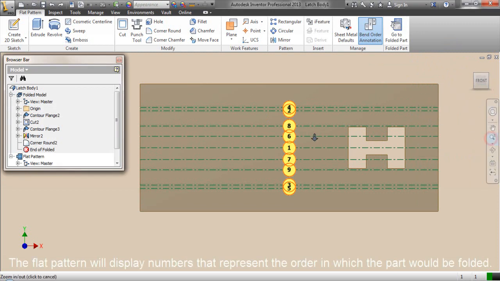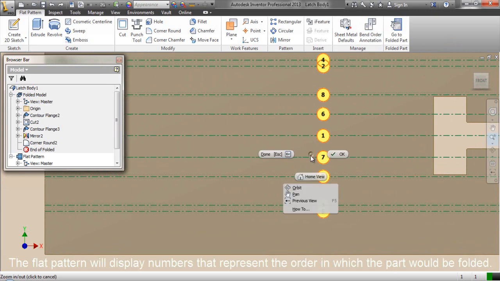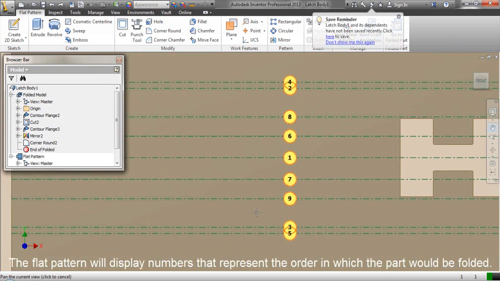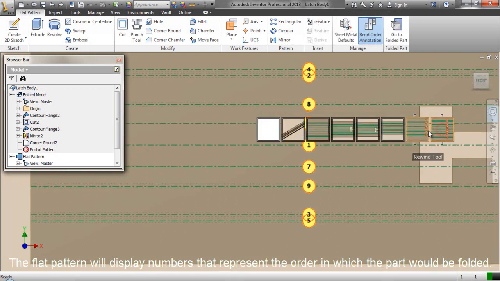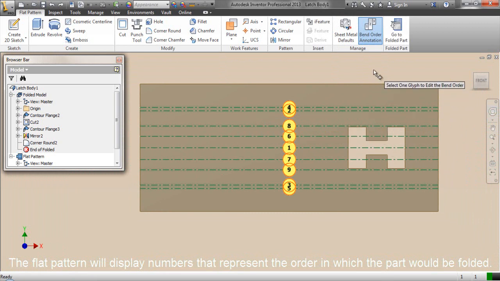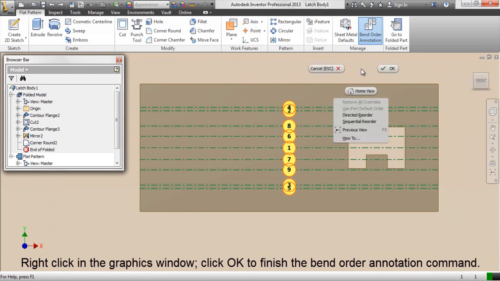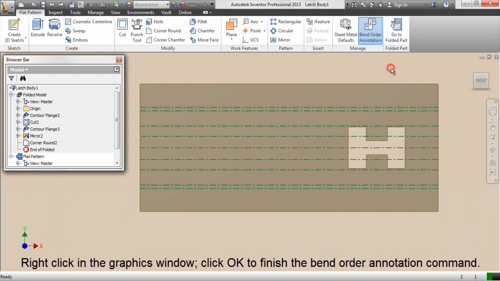The flat pattern will display numbers that represent the order in which the part would be folded. Right-click in the graphics window, click OK to finish the Bend Order Annotation command.